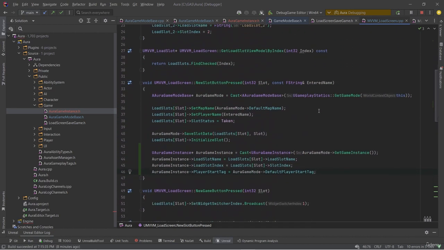In other words, we need a sort of checkpoint player start tag, and that way when loading in a saved slot that's not brand new, we'll know what to set our game instance player start tag to, and that's something we'll do in the next